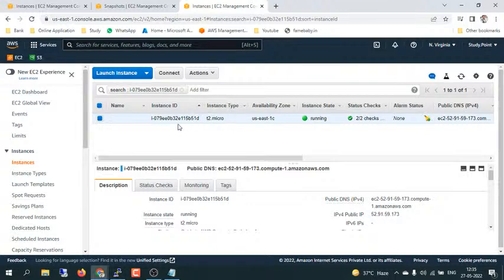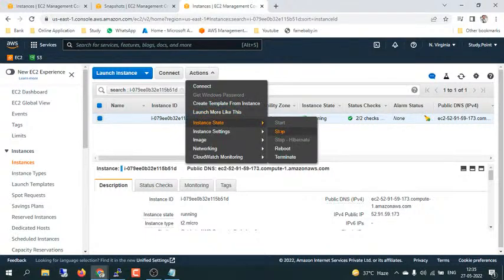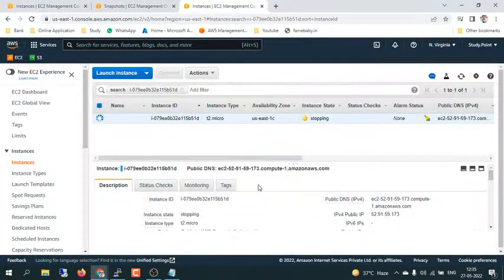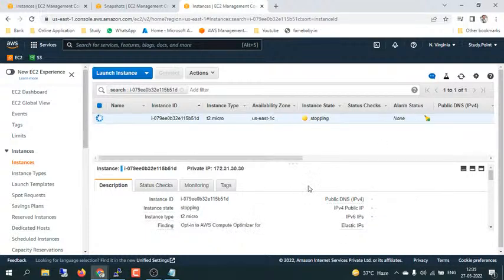So you have to select it here, go to Action, stop that EC2 instance, yes. So once our EC2 instance gets stopped,